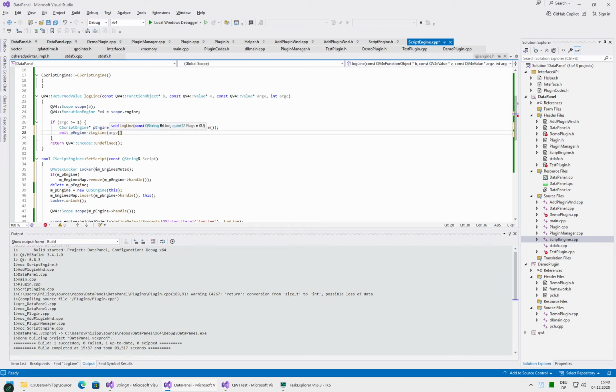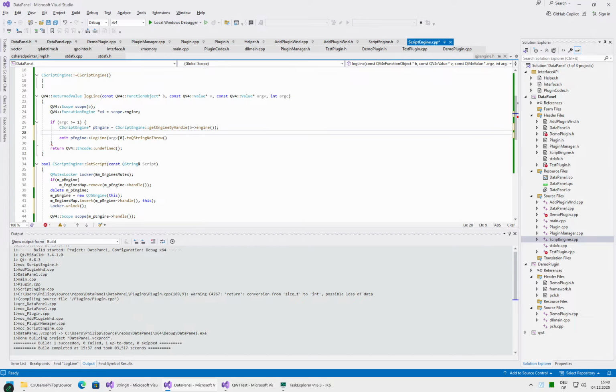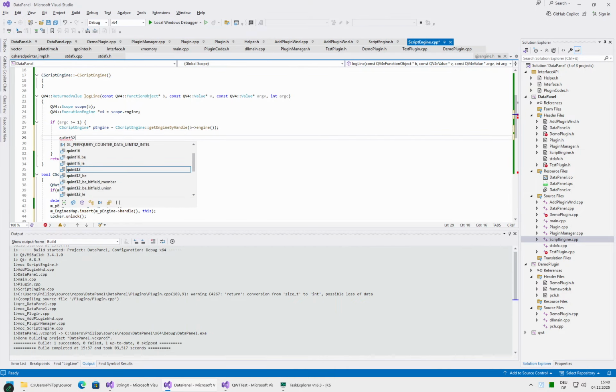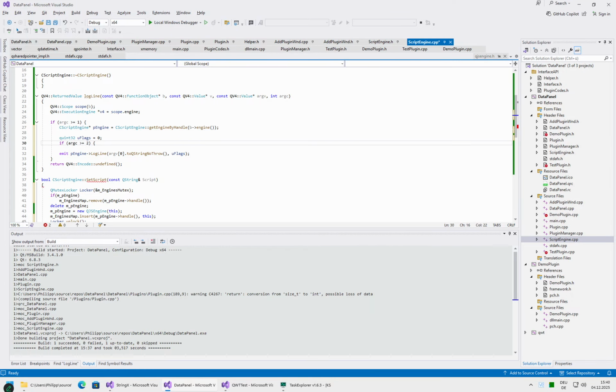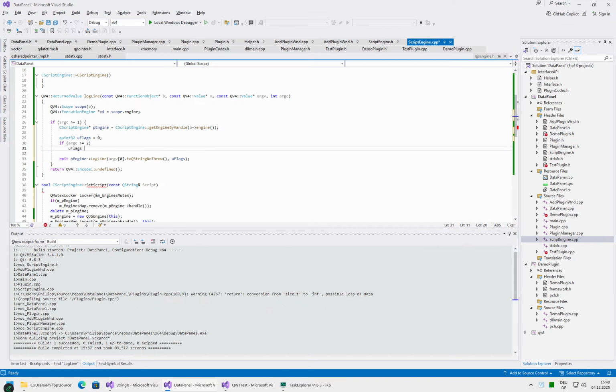argv is our vector of arguments, the first argument to QString no throw, so it will convert it to a string and never throw an exception. And we might have flags, so flags here were of type qint32, so qint32 flags is equal 0. We pass them here and add here a check. If arguments is greater equals 2, then flags is equals argument 1